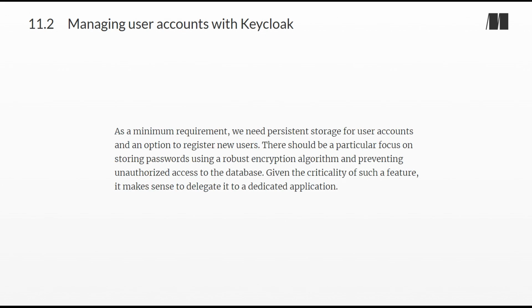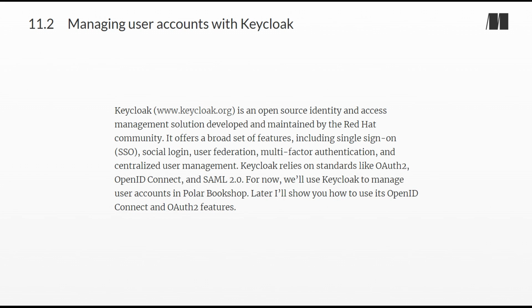As a minimum requirement, we need persistent storage for user accounts and an option to register new users. There should be a particular focus on storing passwords using a robust encryption algorithm and preventing unauthorized access to the database. Given the criticality of such a feature, it makes sense to delegate it to a dedicated application. Keycloak,